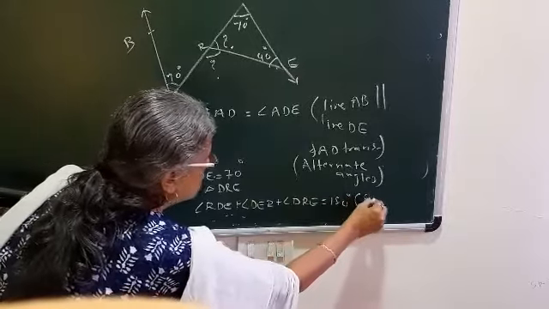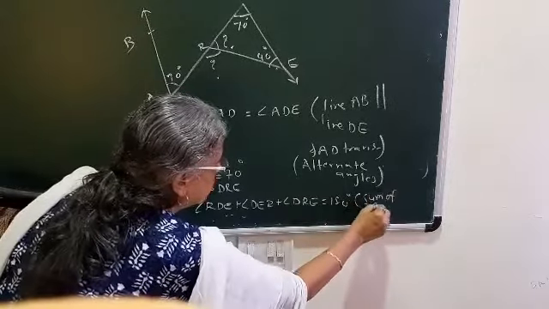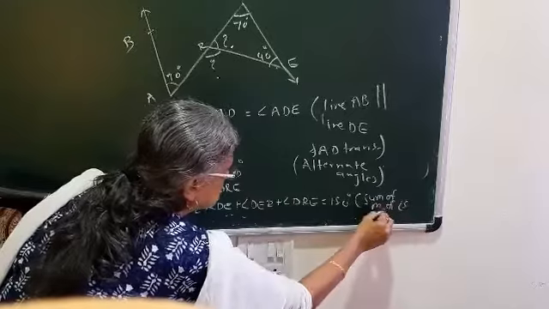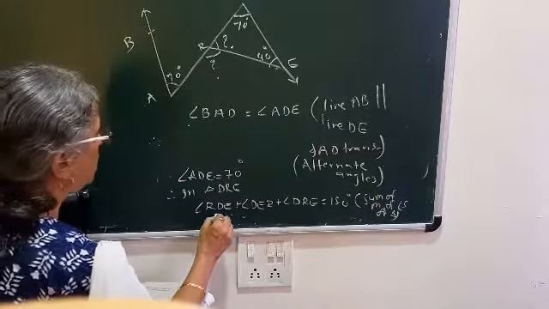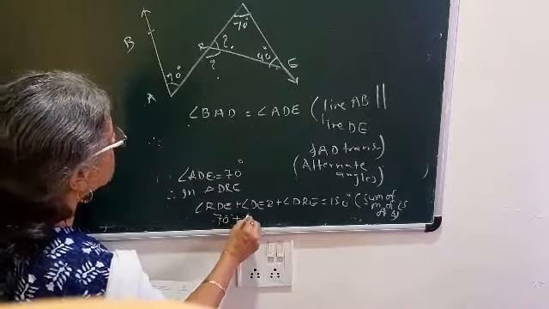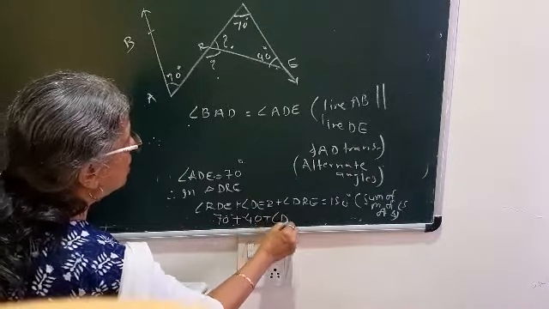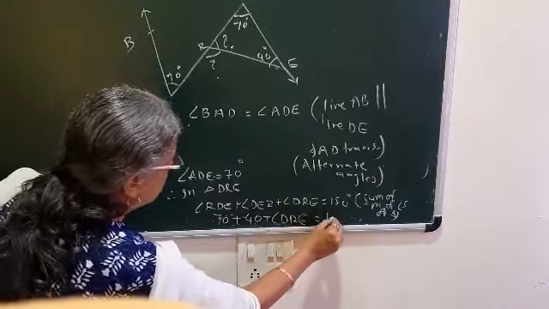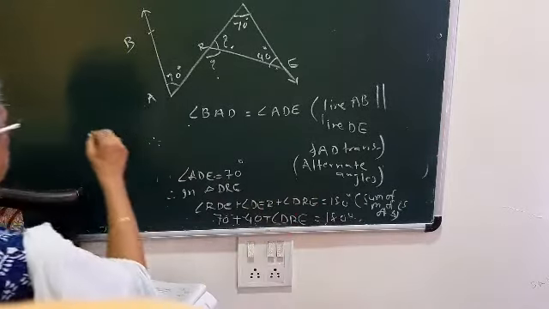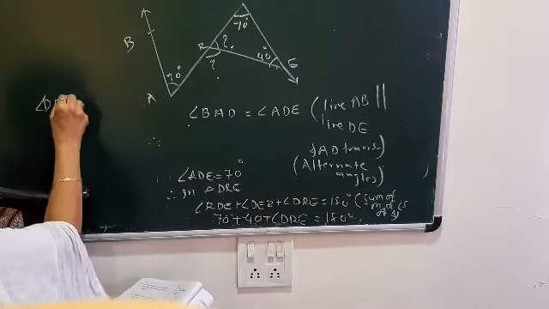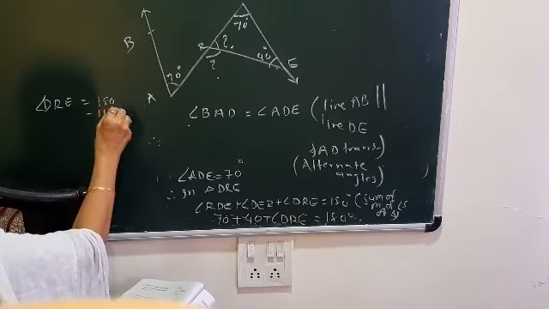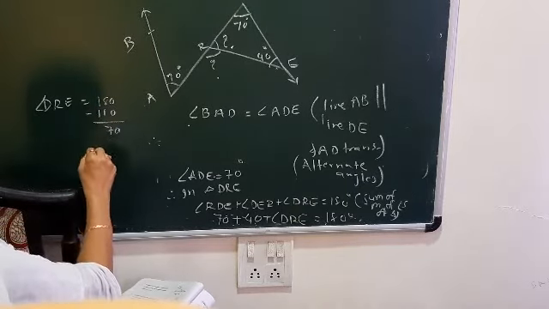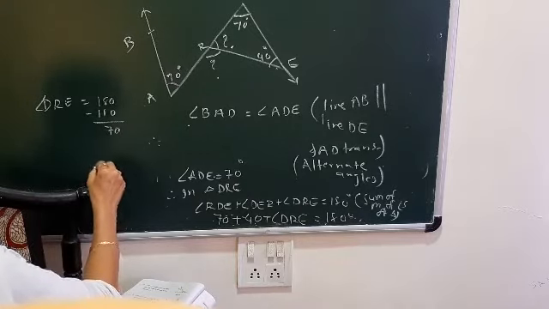Again sum of measures of angles of a triangle. So here RDE is 70, DER is 40, plus angle DRE equal to 180 degrees. So angle DRE is equal to 180 minus 110, that is 70,